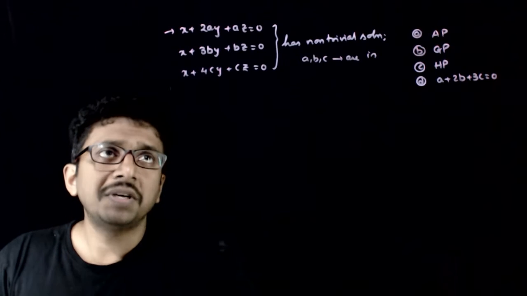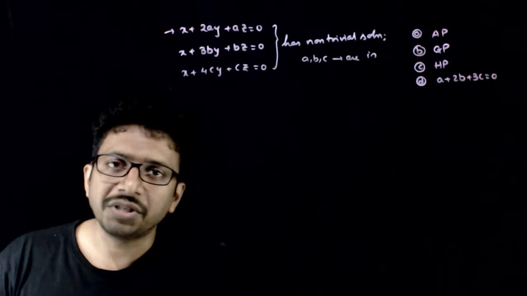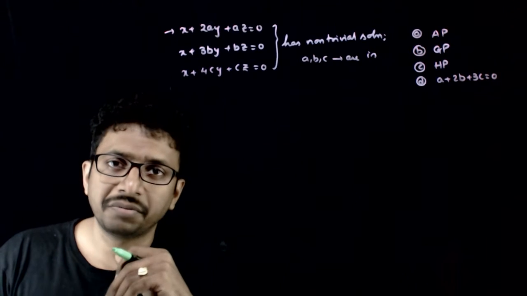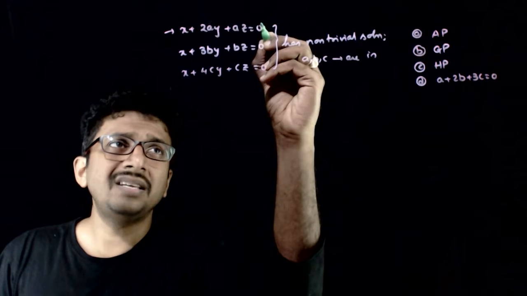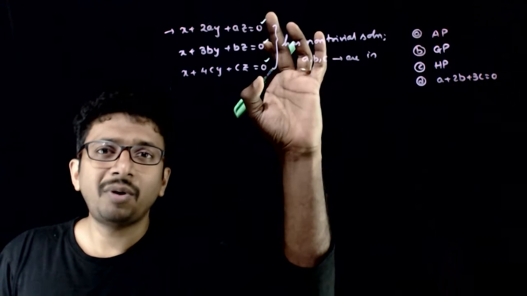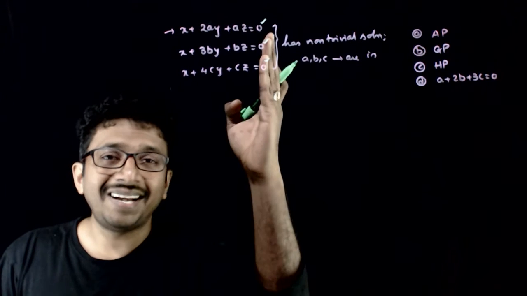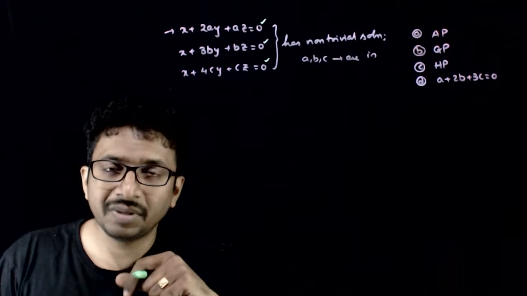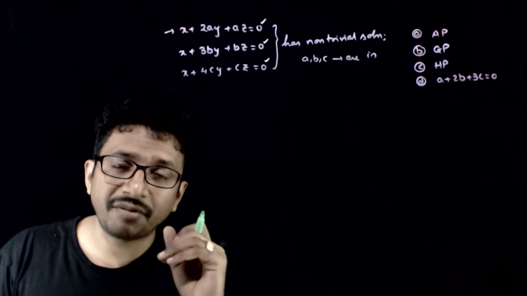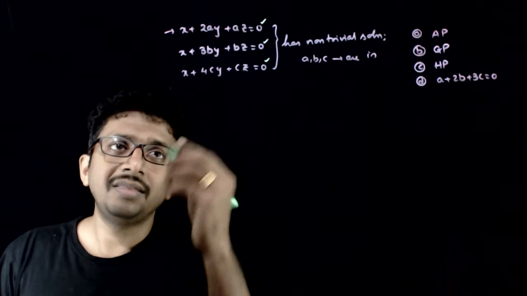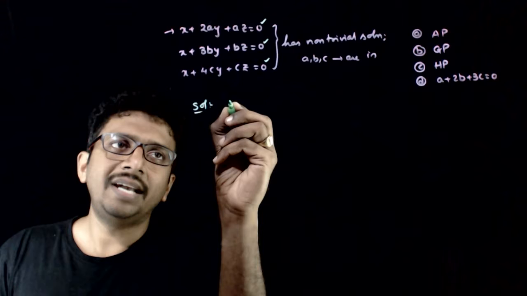So welcome students, in this question, you're given that this system of equations have a non-trivial solution. As you can see, these system of equations are an example of homogeneous equations. That is, the right hand side is completely equal to 0. So if a homogeneous set of equations have to have a non-trivial solution, then the condition is that delta is